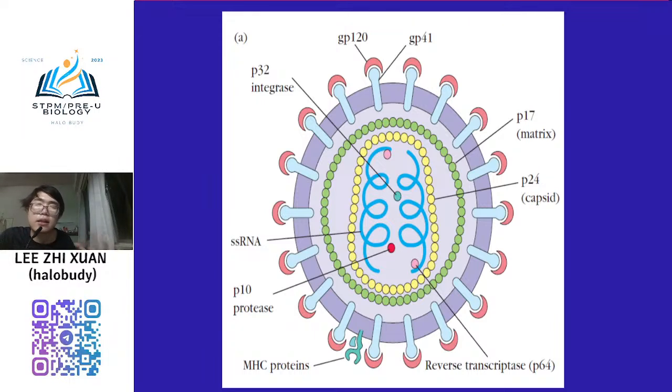It cannot, it cannot live individually. It has to enter a cell before it can survive, before it can replicate. If not, the virus cannot survive. They cannot replicate individually. They need to go to the host cell, infect the host cell, and use the information inside the host cell to survive.